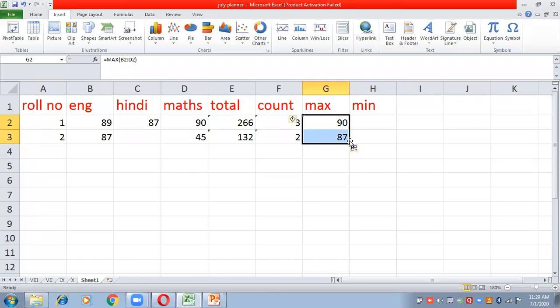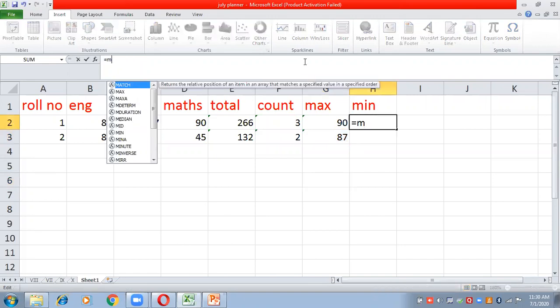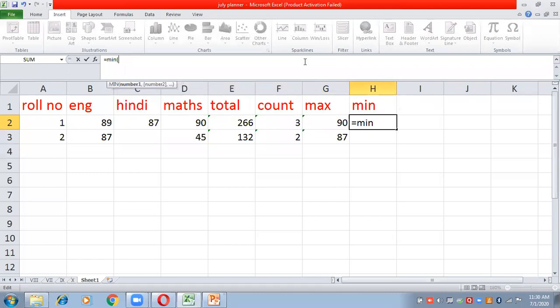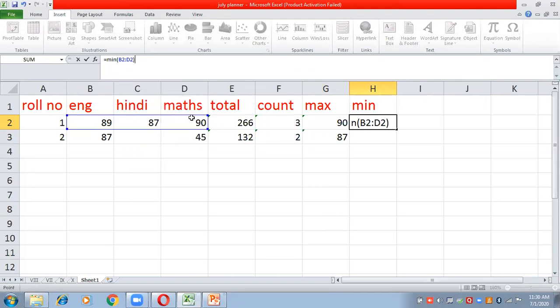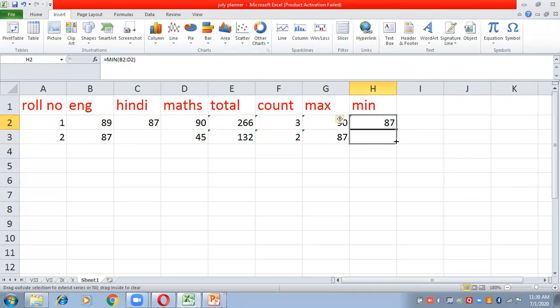Roll number 1 has scored 90 marks as maximum. Similarly, how to calculate min? Equals to min, bracket start, address of the first cell, colon sign, and address of the last cell, bracket close, enter. So this is the minimum marks secured by roll number 1 and roll number 2.